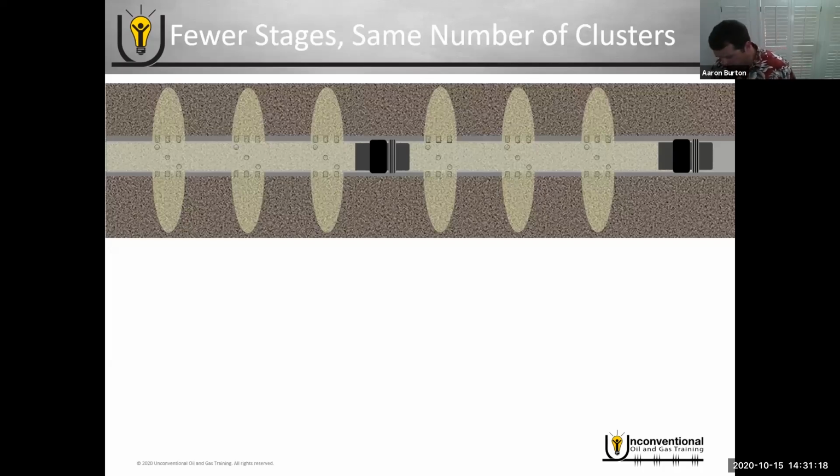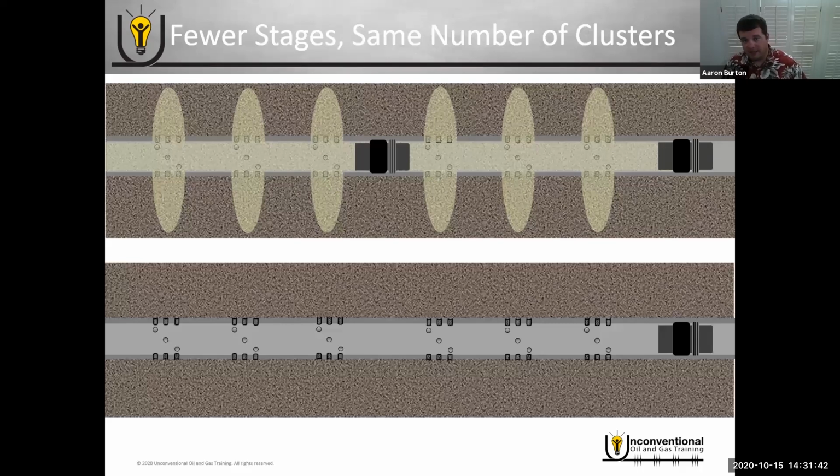So why are we looking at diverters? Why are we looking at some of these strategies with limited entry and stuff? And really the reason is we can start improving efficiencies overall. Because I mentioned earlier that it used to be 3 to 5 clusters. So if we look at a 3 cluster per stage well that was run 5 years ago, and now we